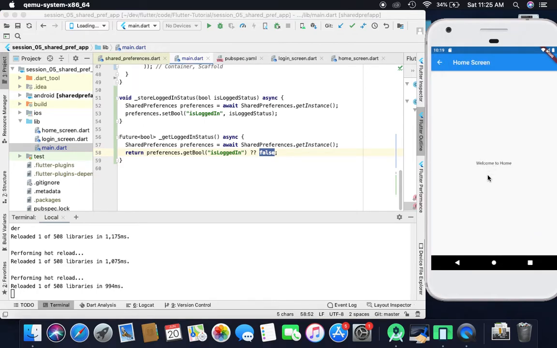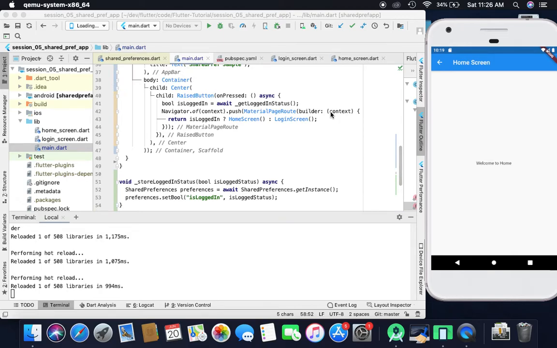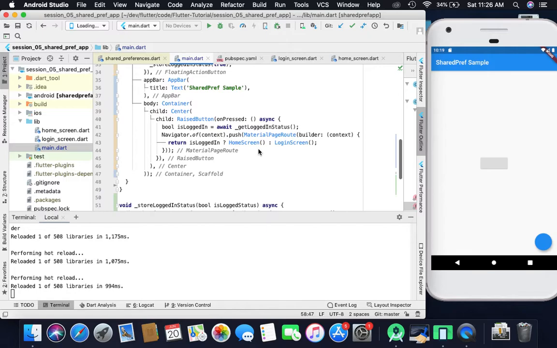it will navigate to my home screen. Oh, actually, I think we are navigating here just because I am running this application again, because I already ran it once. So let's do it like this.